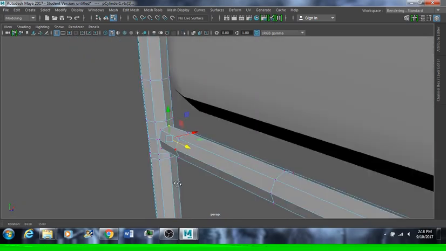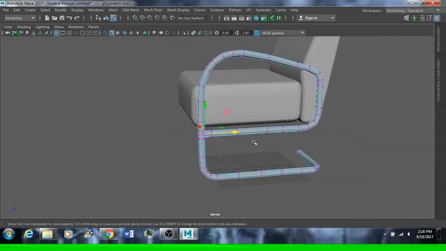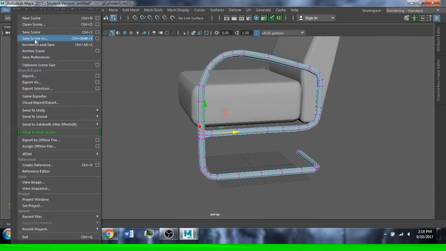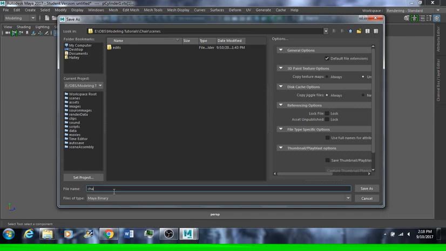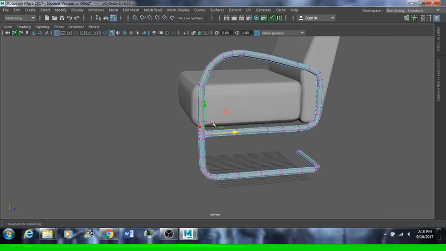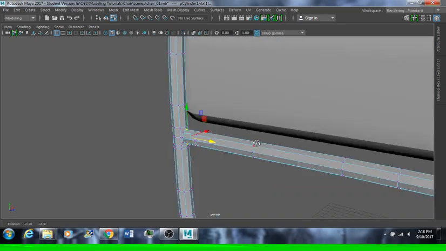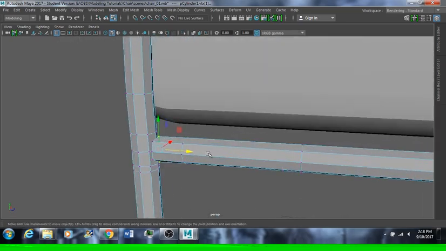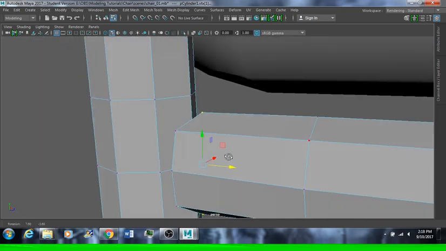Now before I kind of continue on, just in case something happens, I don't want to have to redo this. So I'm going to go ahead and File, save this scene. Save as. So if anything happens, I still have what I have last. Save. So I don't have to redo all of it. Alright. So what we are going to do